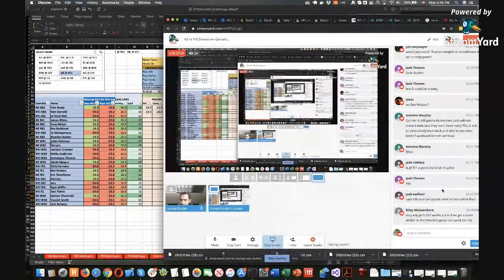All right, let's see what we got here. Question: is Griffin a good choice at his price? Yes. Gunner's still going to be involved. Pats will run more 4 wides. Yeah, we'll see. I doubt they're going to run 4 wides very much,